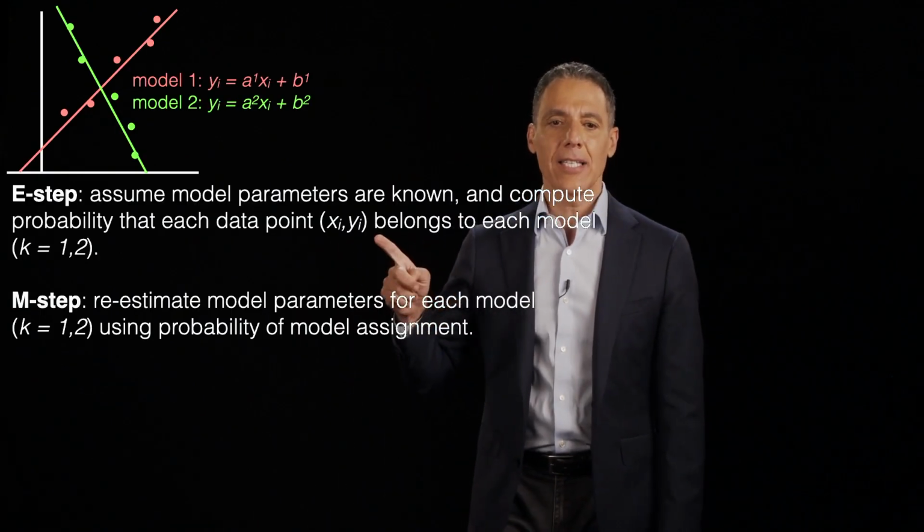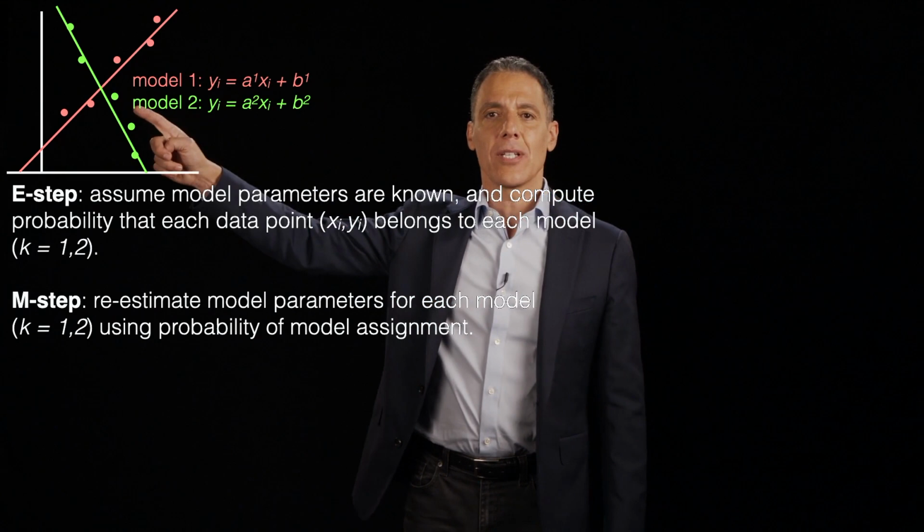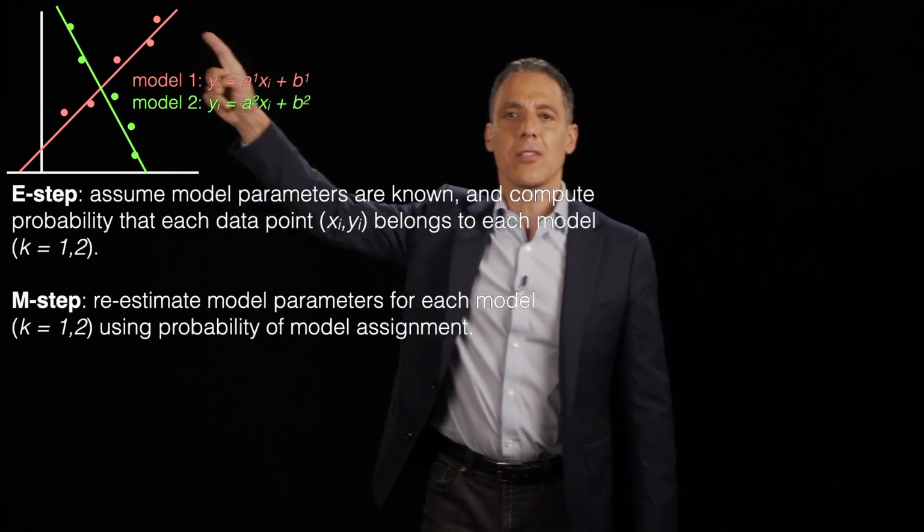We are talking about the expectation maximization algorithm. Two steps, the E step, the expectation step, and the M step, the maximization step. And we've already gone through the E step where we assign each data point a probability of belonging to model